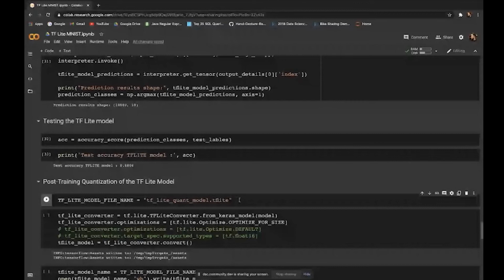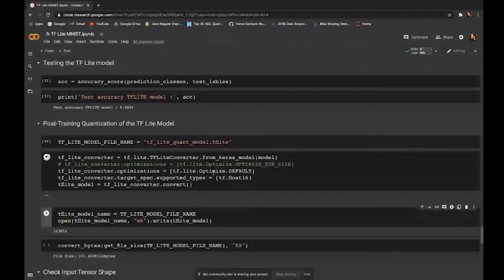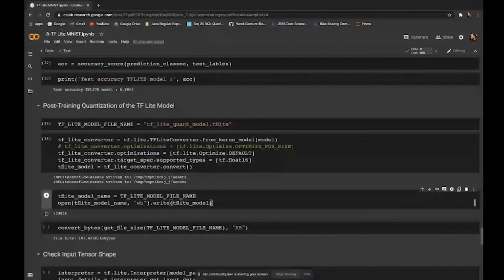So let's see. Now I'll be saving my TFLite file again and doing the quantization part. If you want to convert your model with certain criteria, then you can uncomment this, and you can run this cell. After that, you can convert your model, and after converting, you can check the file size.